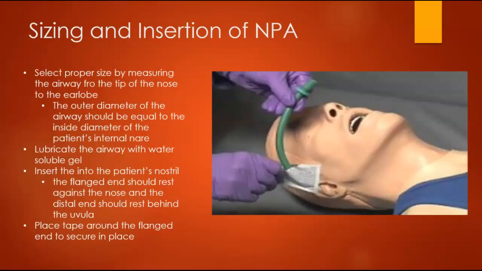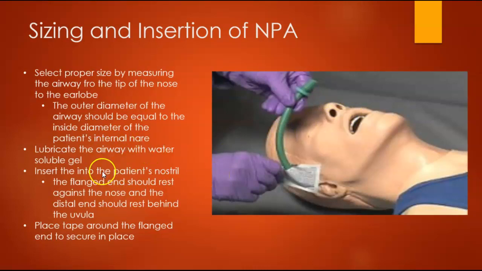Okay, so sizing and insertion. You want to select the proper size by measuring the airway from the tip of the nose to the earlobe. The outer diameter of the airway should be equal to the inside diameter of the patient's internal nares, meaning how big this is on the outside should be no bigger than how big of an opening you're trying to put it in. You really want to make sure you're